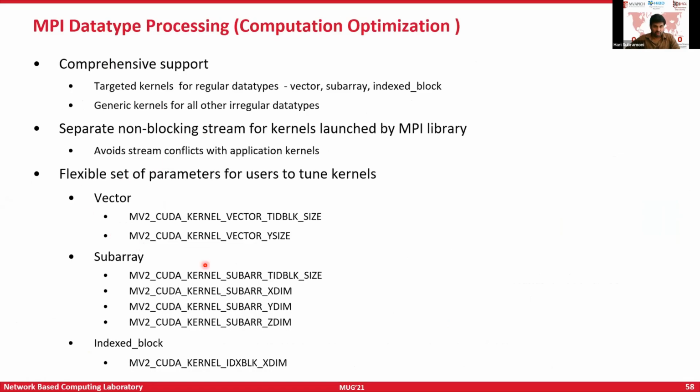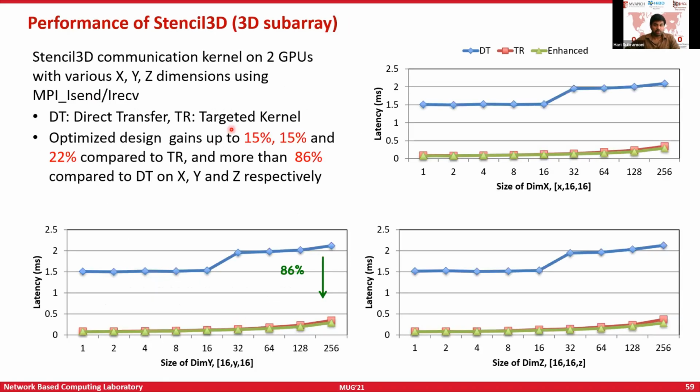We have different parameters to tune kernels for vectors, some other parameters to tune for the subarray data type, and some other parameters to tune for the indexed block data type. Using all of these, we are able to give overall good application performance for